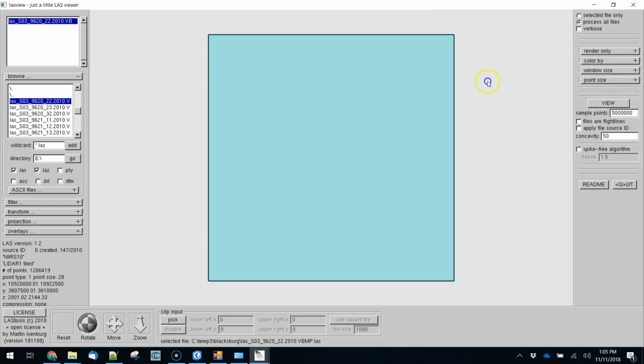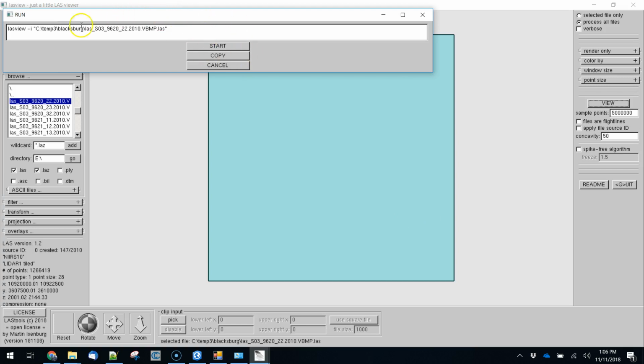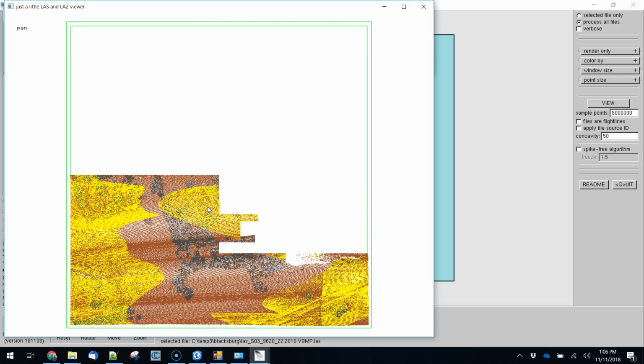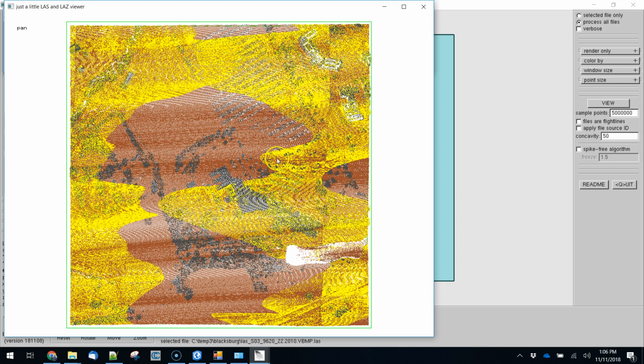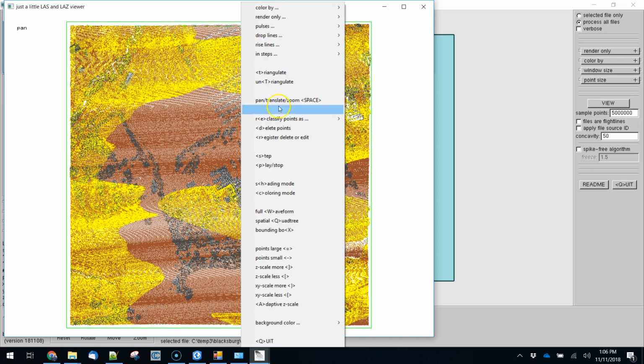What you need to do is hit View. So View is going to basically run this little command. What you're seeing here is just a little wrapper for the program. This is going to execute using an input file of the one that you downloaded. So it looks something like this, which obviously doesn't look a lot like Lidar data either. If you right-click on this, you actually get a number of different commands that you can execute. So we're not going to try to use all of these here, but I just wanted to show you a